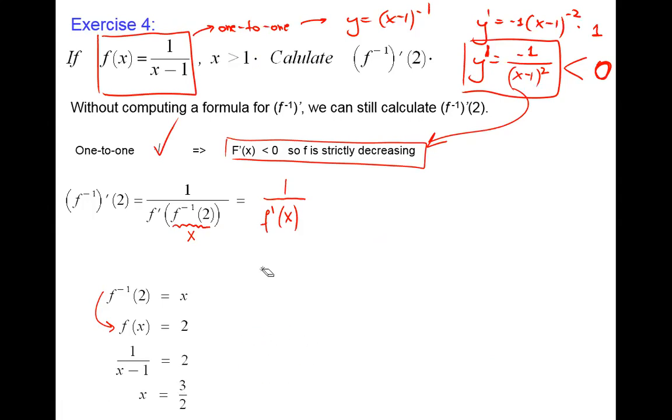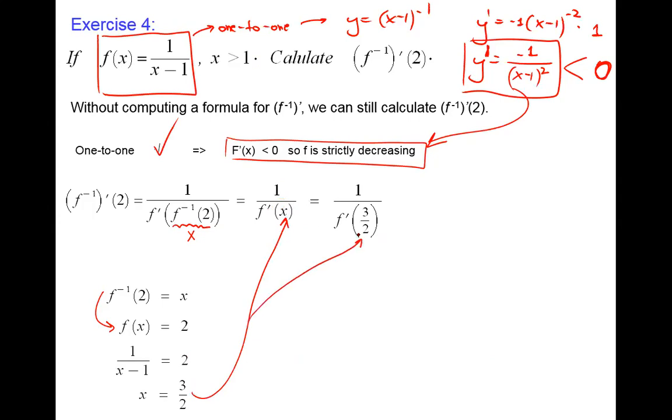Okay, excellent. That means x is 3/2. And then I can substitute that 3/2. And now we can see the only thing that I need is the derivative, which I do have because I was proving that the function is 1-to-1. That means I can take this derivative, because y prime is the same as f prime, and substitute 3/2. I do have the final answer, but let me substitute f prime at